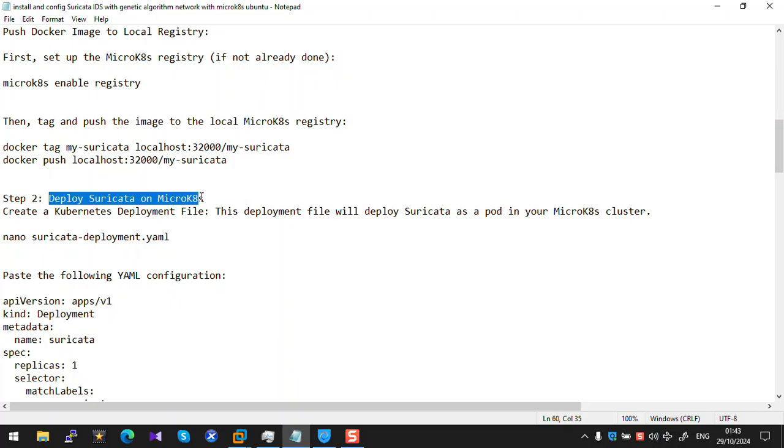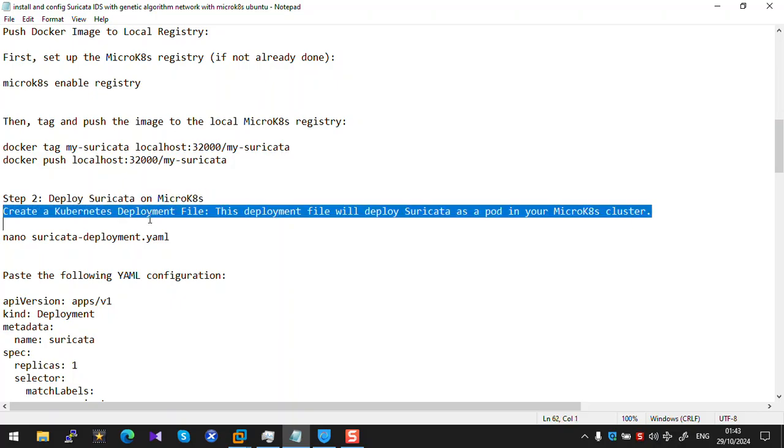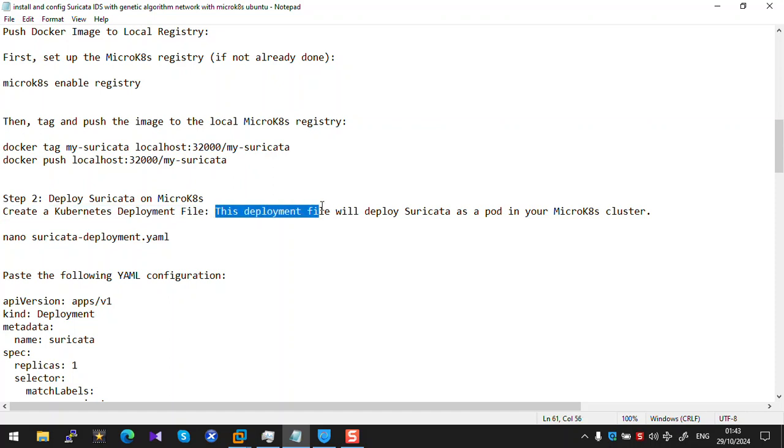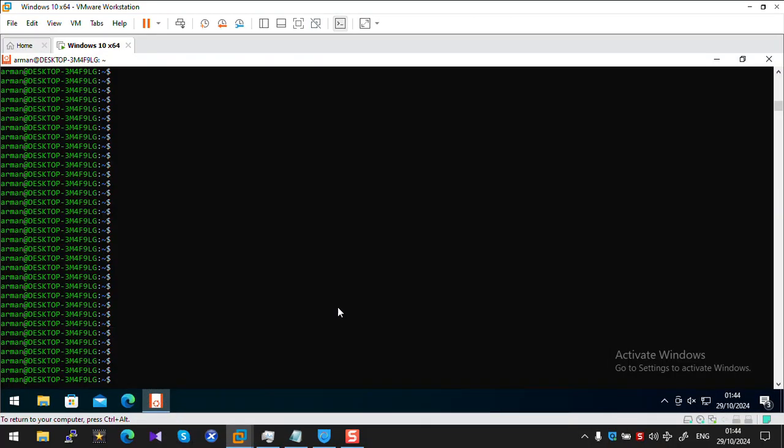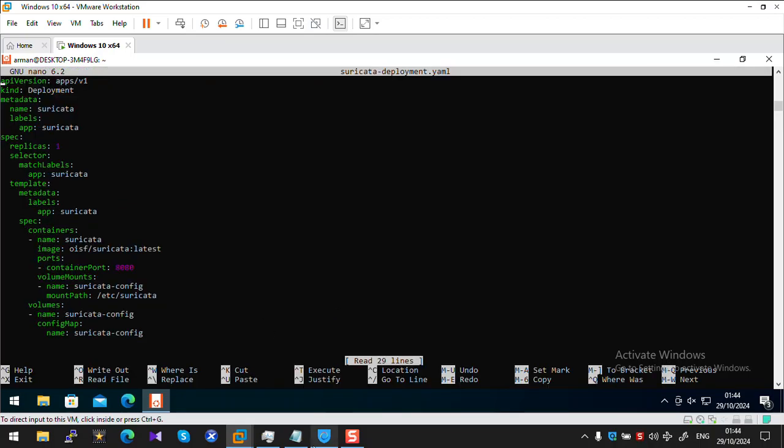and deploy Suricata on microk8s by creating a Kubernetes deployment file. This deployment file will deploy Suricata as a pod in your microk8s cluster. With this command, make a file Suricata deployment, and